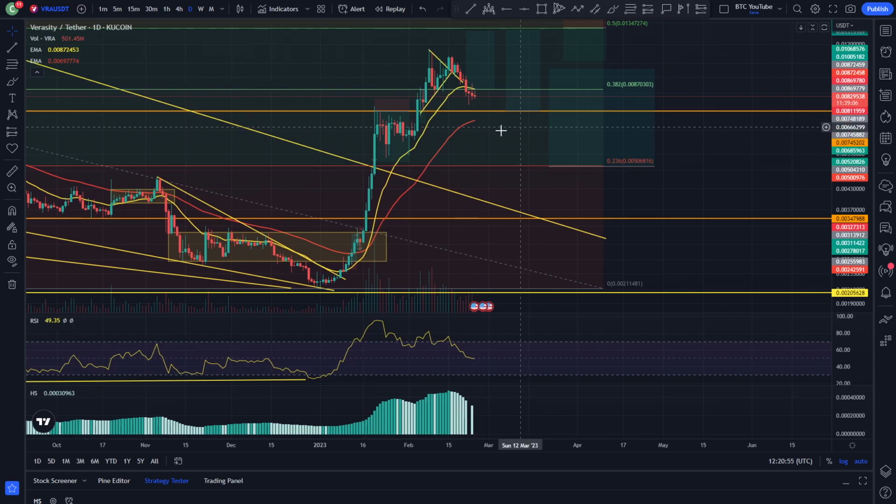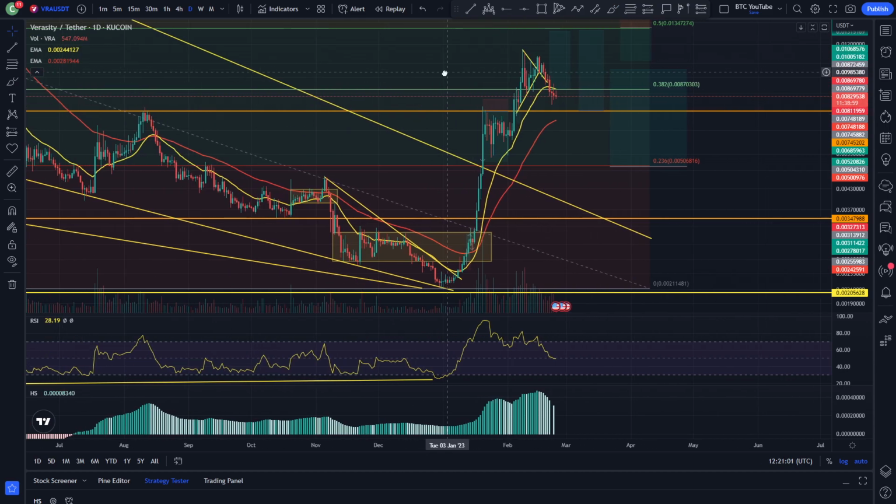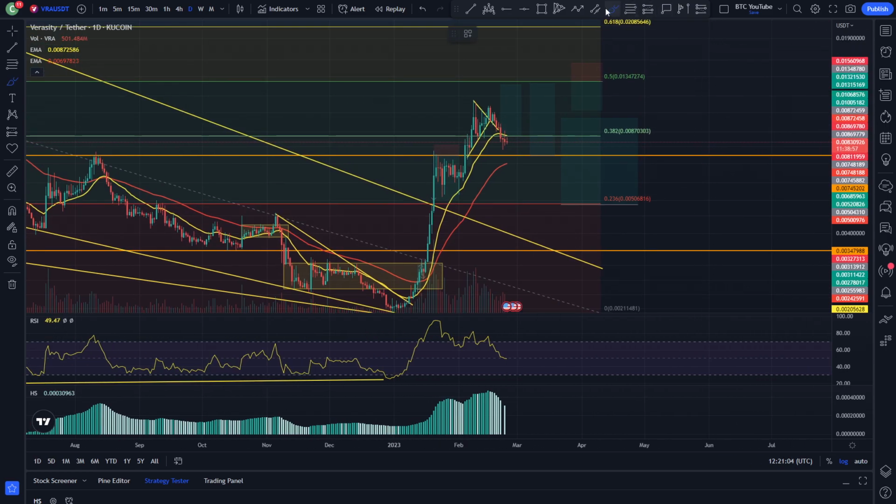But obviously, if Bitcoin does start to trickle down again and lead the market down, then Verasity could easily come down to some of those levels. But in terms of what I'm doing right now with Verasity, as I said before, I had a small long position here at around that 0.9% level, that at the 0.38 Fibonacci, which has been filled now. I've got another long position down at this swing high and swing low, the previous swing high, but it was a previous level of resistance as well, at the 0.75% level.